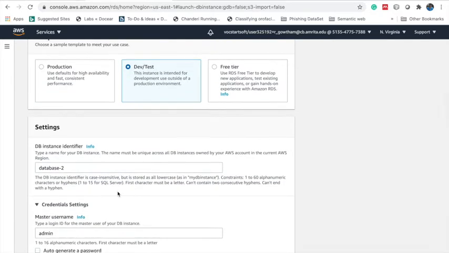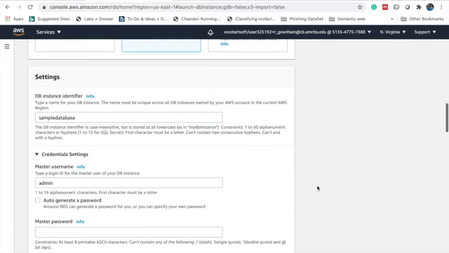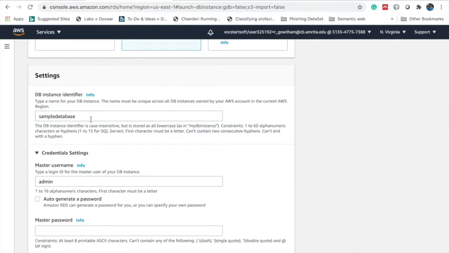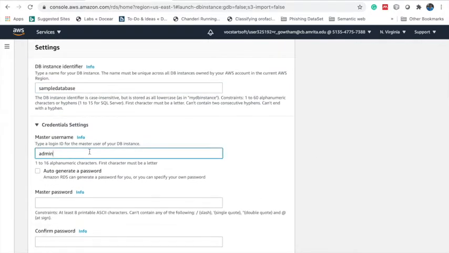In the settings section, you can mention the database name. I'm going to mention my database name as sample database. Whenever we create a database, we have to provide basic credentials such as username and password.